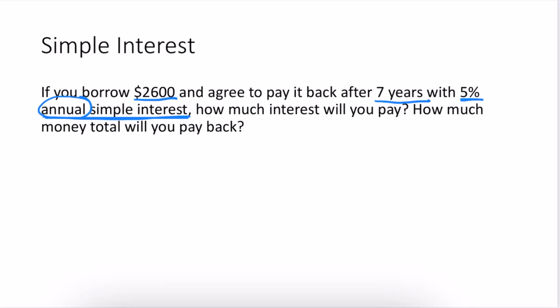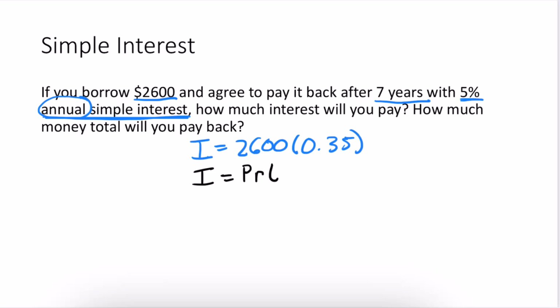So the way that we would calculate the interest in this case is we would say the interest equals $2,600 times 35%, which if I write that as a decimal, is written like this. And in general, the way we write this as a formula is we say that the interest equals our initial amount, which we represent by the variable P, because P stands for principal, which is like the initial amount of a loan. And then you multiply this by the interest rate times the amount of time that that interest rate